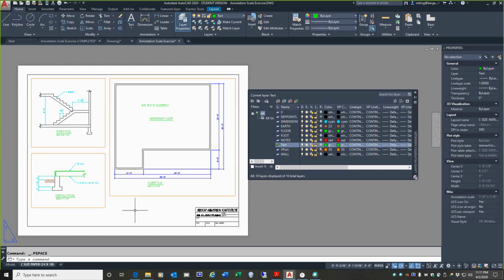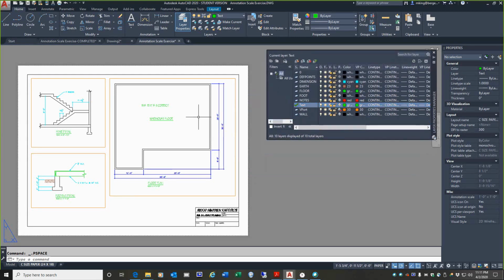All right, last thing I want to show you with annotative scales, and it's really, again, viewport layer visibility, is we can really make this stuff work for us. And this is kind of a demonstration just so I can go through this quickly, although you're going to need to do this on your homework assignment. But what I'm going to do, and you can follow along with me on this if you want, is I'm